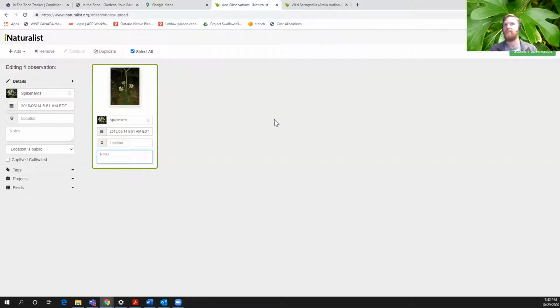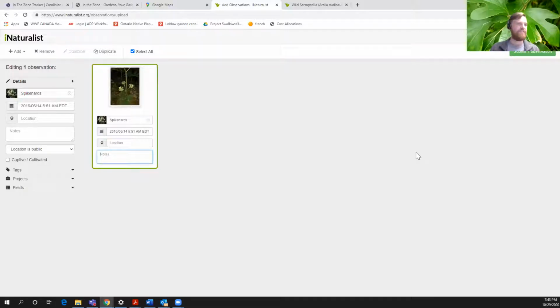So it uses basically an algorithm that looks at a whole bunch of photos that look similar, and it also uses the data. So it's a training algorithm, a training data set is what it's called. They take a whole bunch of photos that have been identified by specialists, and then it looks at a new photo and says, where does this fit into my data set? It's fancy computer stuff, folks. I don't really honestly know how it works, but I'll tell you, it works a remarkable proportion of the time. And when it doesn't work, someone else in the community, a human being, will come in and fix it for you. 9 times out of 10, actually 10 times out of 10 so far.